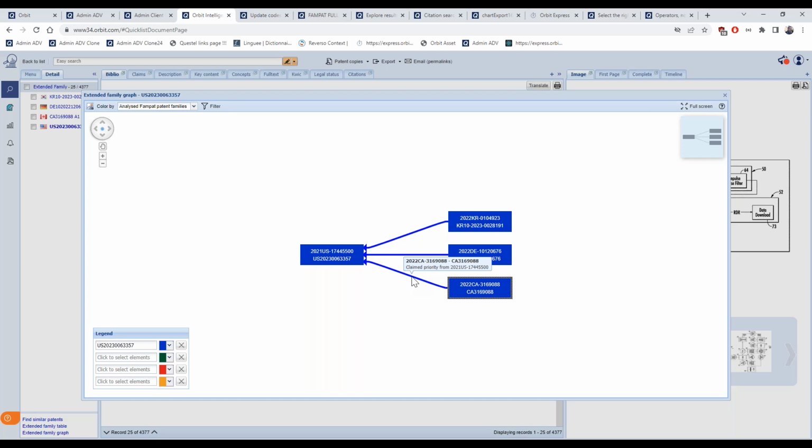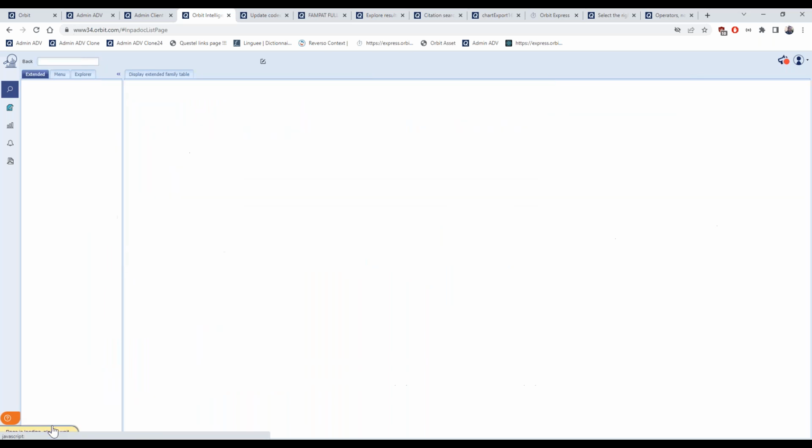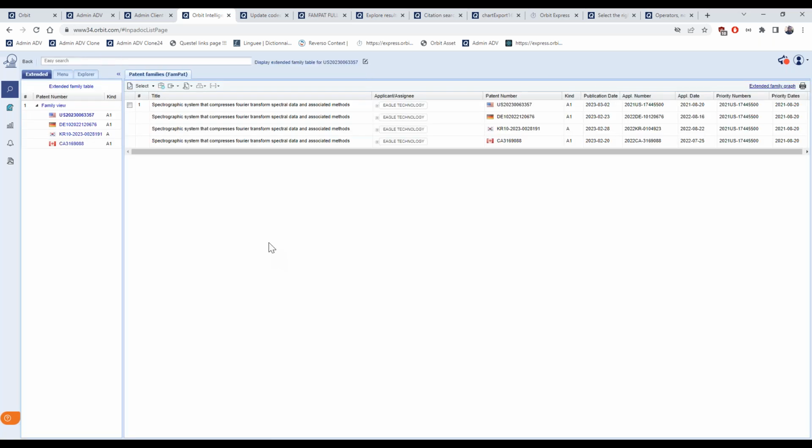And you can see the link, the relationship between this Canadian publication and the US one. So you have this graph format, or you can also have a table format, where you have a comparison between priority dates, numbers, etc.